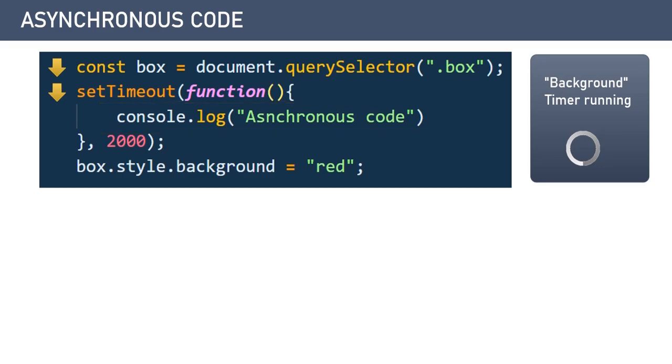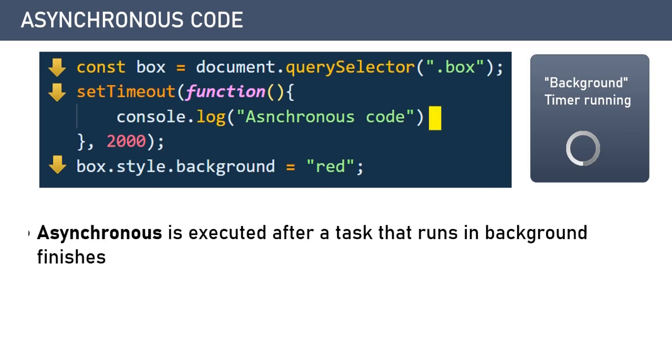But here, while it is running in the background, the third statement will get executed. So setTimeout will not stop the execution of the third line. The setTimeout completes its task once this timer expires in the background, then it executes the console log statement.